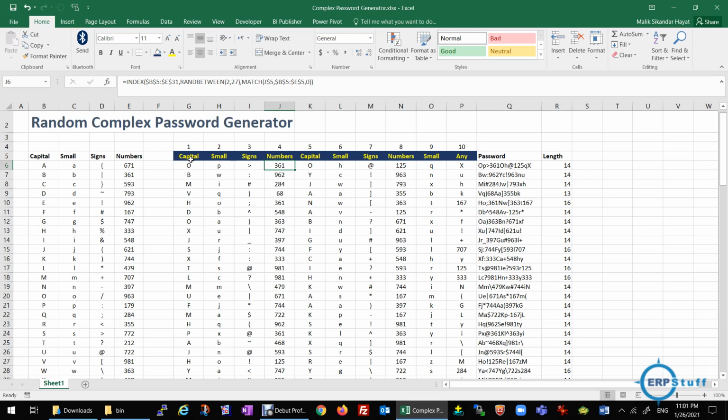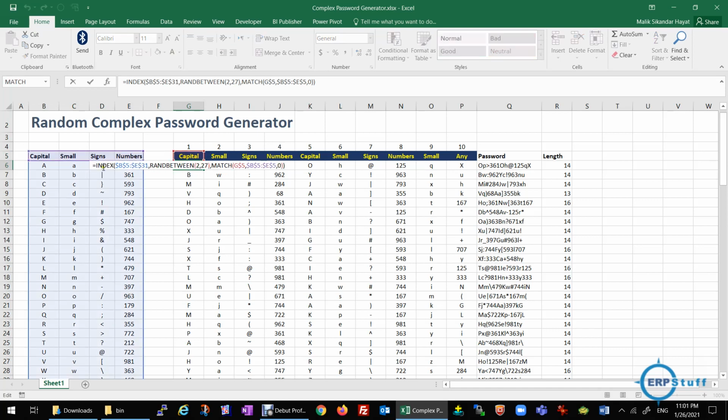On the top I put these headings, which are exactly the same as over here. Then, for example, in the first cell, F2, I used the INDEX function first. I gave it the range of these four columns. Then for the index I need a row number, so instead of giving a row number, I gave a random number from 2 to 27, because the first row is the heading, and 26 are the characters, so up to 27.